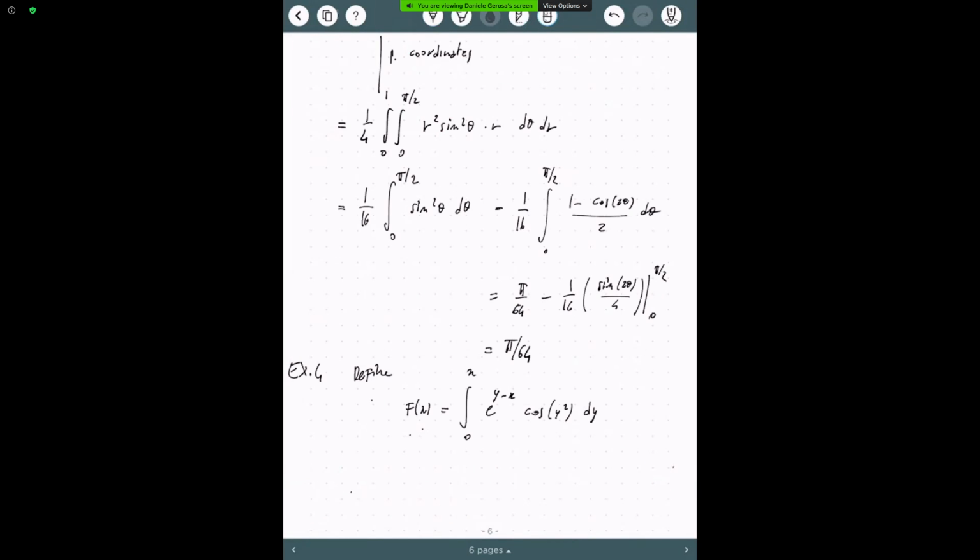I should have rewritten everything. Okay, so prove that u equal to f solves the initial value problem u prime of x plus u of x equal to cosine x of x squared with u of 0 equal to 0, right? So we have to verify that this integral function,